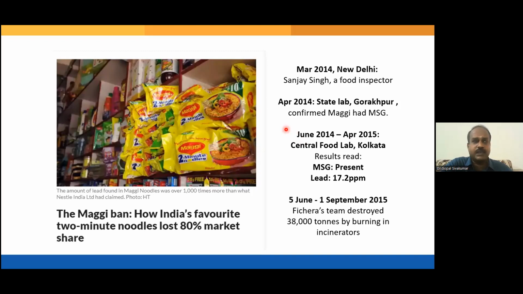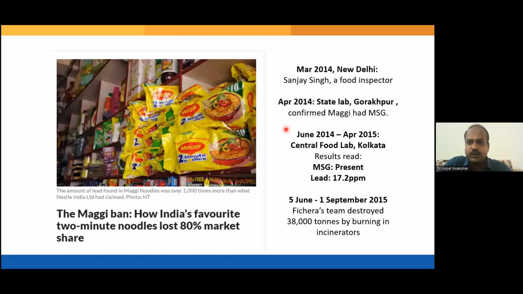Another thing is a type of salt called MSG, monosodium glutamate. In Maggi it was mentioned that MSG was not present, I mean, MSG was not added for the sake of bringing the taste. That was a statement given on the Maggi pack, but actually Maggi was found to have MSG inside. Another thing is the lead content. According to FSSAI guidelines, there is no permissible level, but Maggi actually had lead content more than the permissible level,